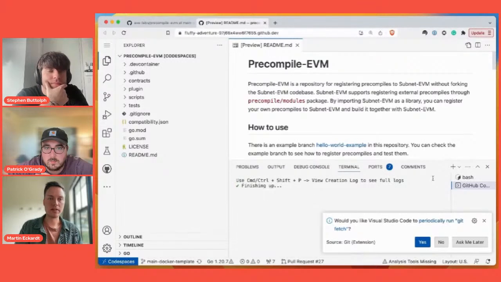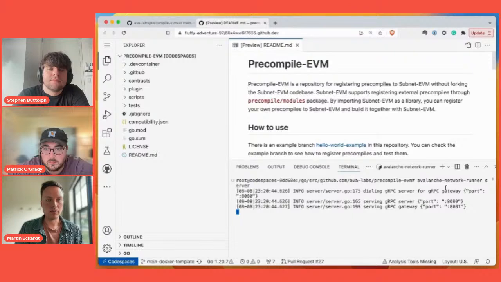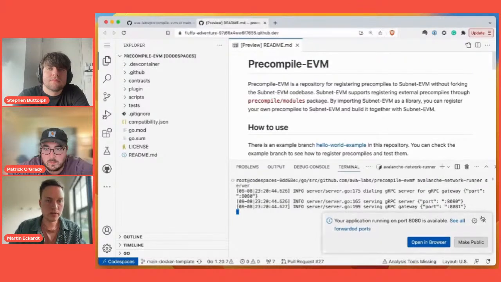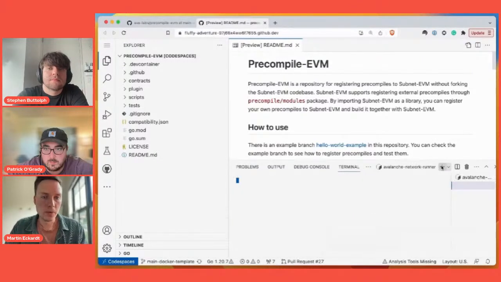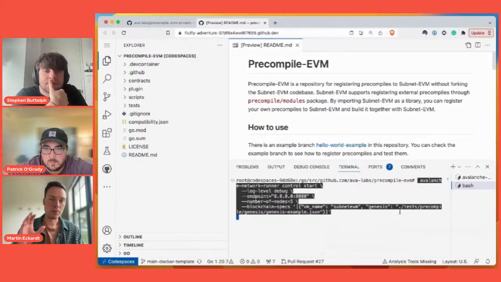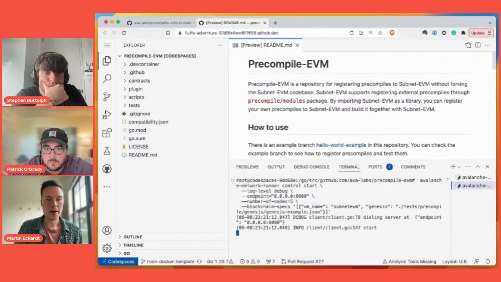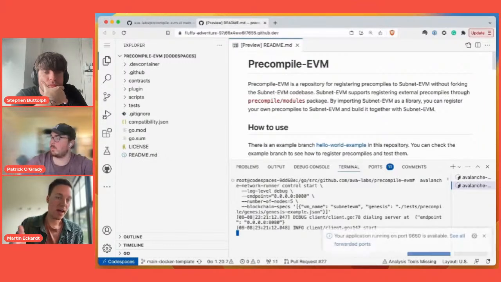Avalanche Network Runner is already installed. Now it's building the Precompile-EVM initially, so lots of stuff is going on. As you can see here now, we just use Avalanche Network Runner to spin up our own Avalanche Network Runner server. From there, we can pretty easily spin up an Avalanche network with a Precompile-EVM. It's out of the box, so nothing customized yet. But as you can see, only a few minutes later, we have an Avalanche Network Runner,